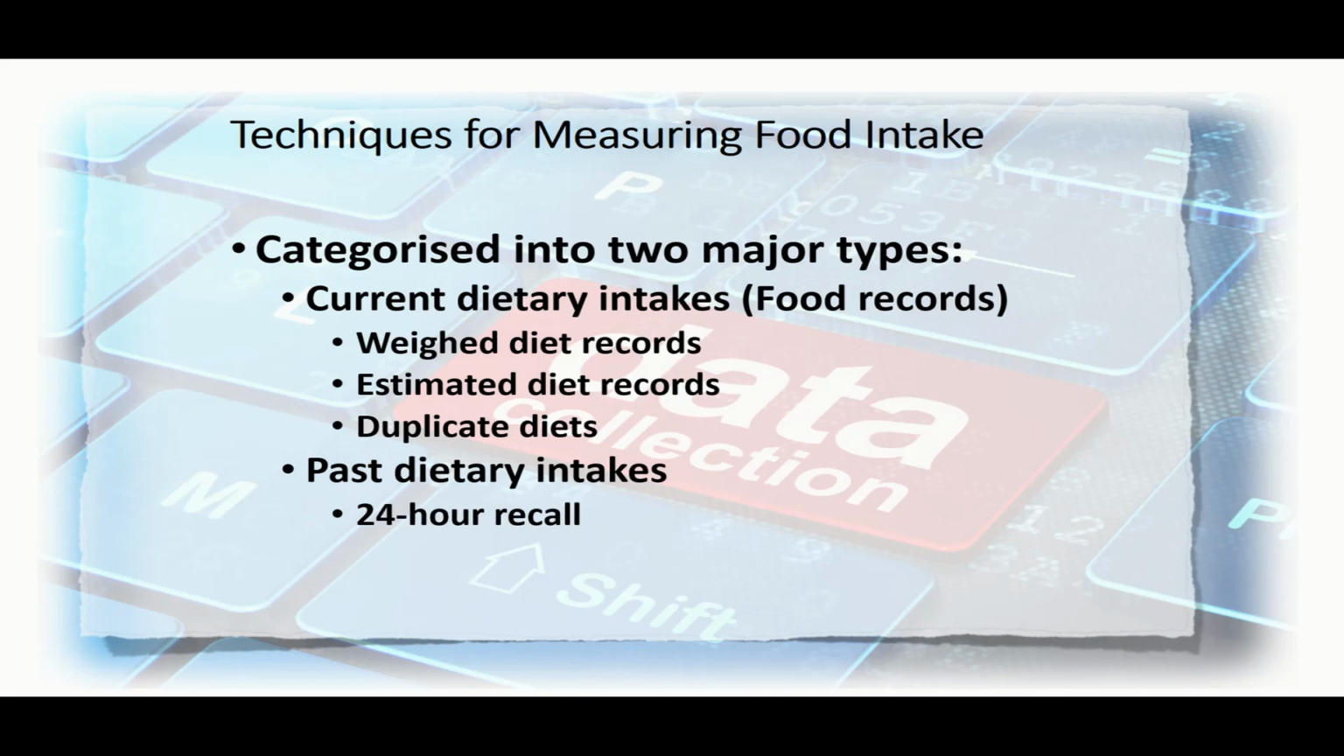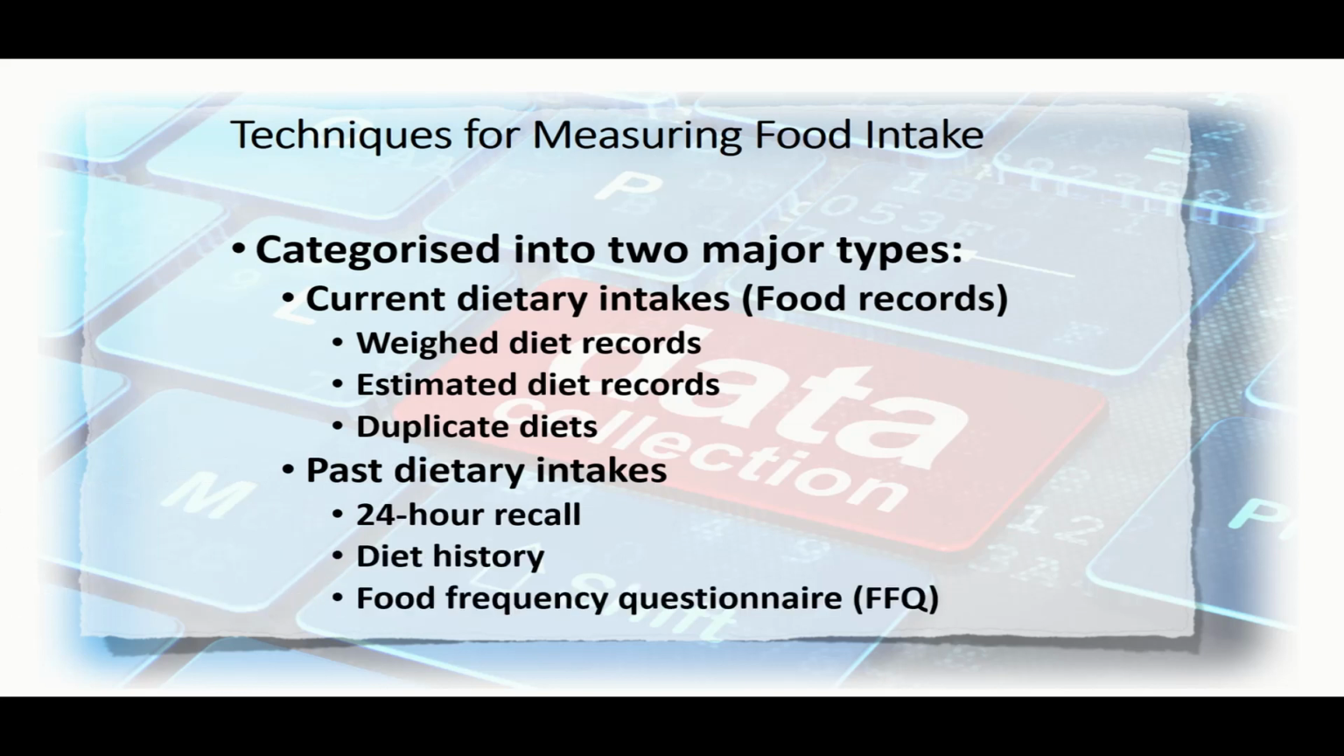When it comes to past dietary intakes, of course, there are a few ways that we can look at a client and their eating habits. We can get them to do a 24-hour recall. We can get them to do diet history, so the types of foods that they regularly ingest, whether they be positive or negative in terms of their health and in terms of their performance, is down for you to decide. And then of course food frequency questionnaire, so a questionnaire which determines their eating patterns, when they eat, how much they eat,